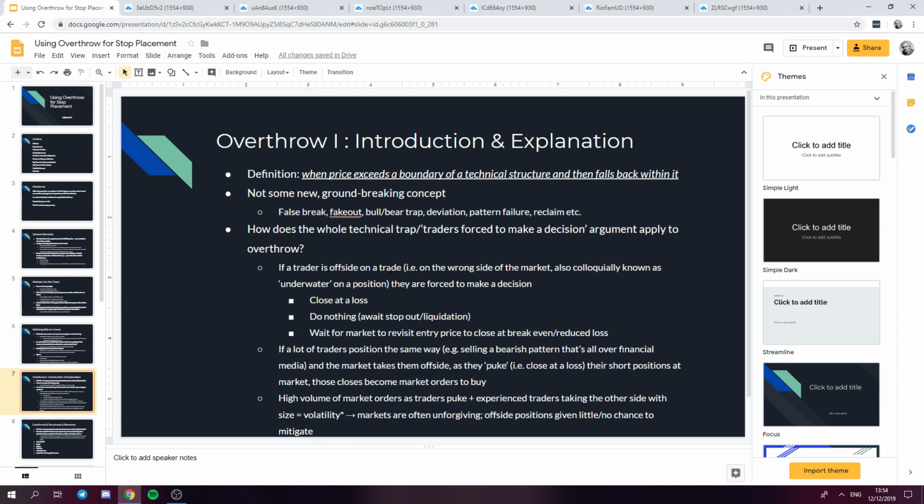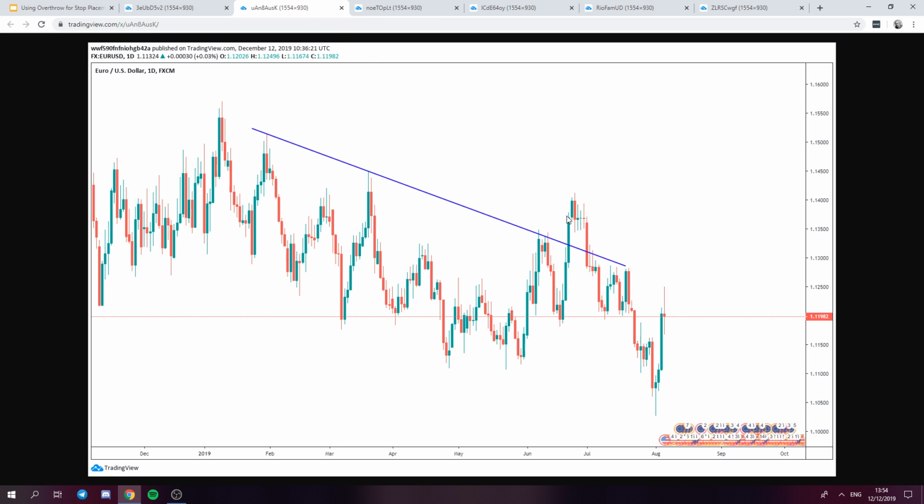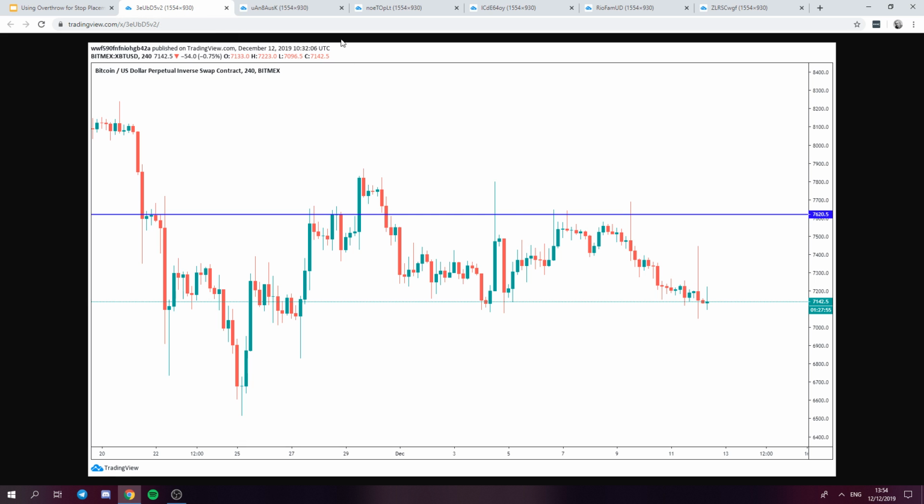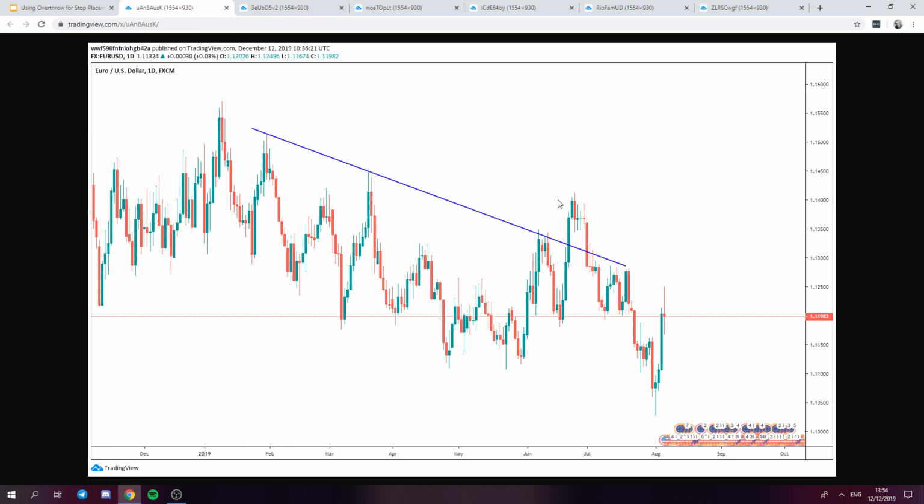But just for our purposes, say you're offside on a trade. You bought the breakout on the close of the day and the market starts dipping below our entry. A lot of traders position the same way, and the market trades them offside, they puke, right? Oops. Big trend line, obvious, all the financial news analysts, whatever, crowded trade. As it starts to go down, itchy hands, and you have to realize most people overmanage trades like hell, so I